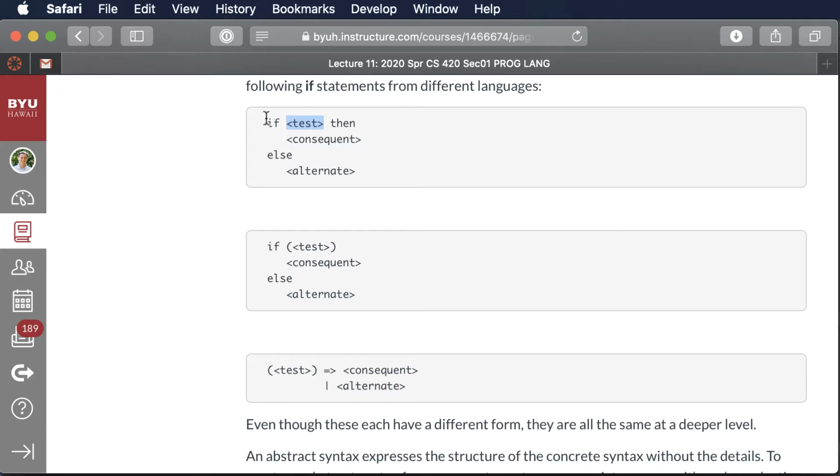For example, if we have an if expression right here, the three pieces of information that we need to extract out of this are: what is the test expression, what expression do we evaluate when the test expression is true, and what expression do we evaluate when it's false. So it doesn't matter if a programming language requires you to type in ifs like this, or like this, or